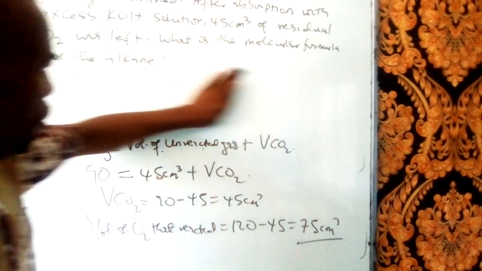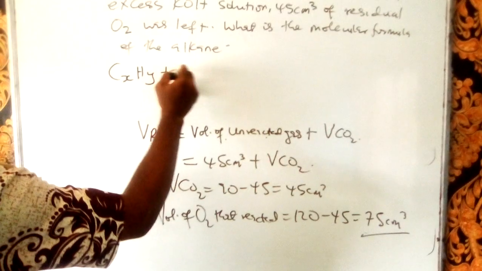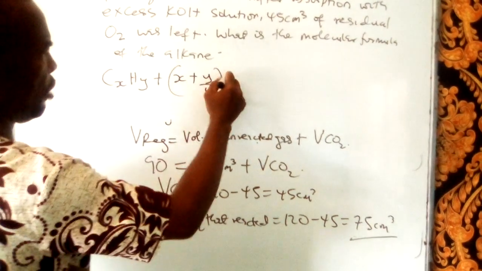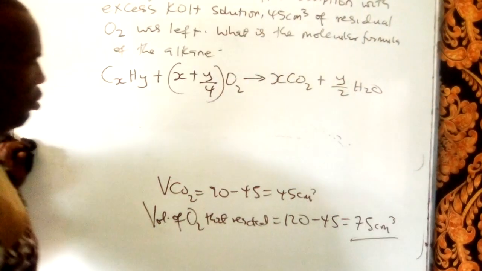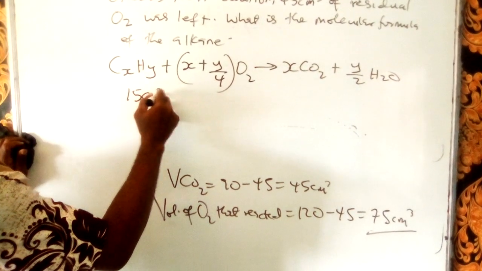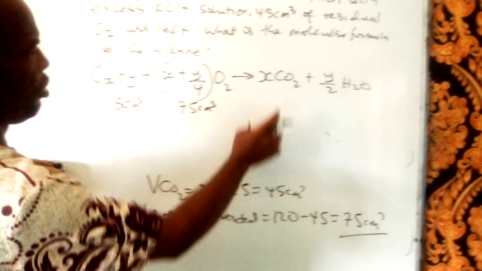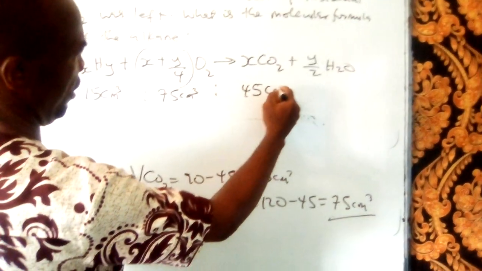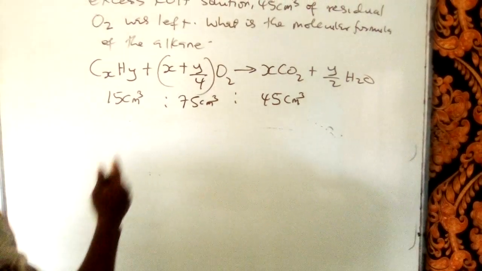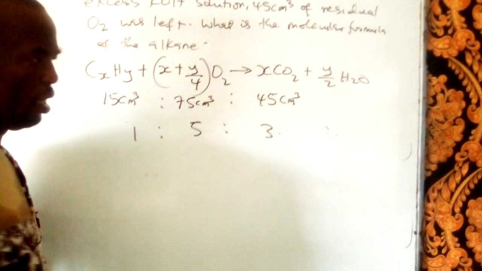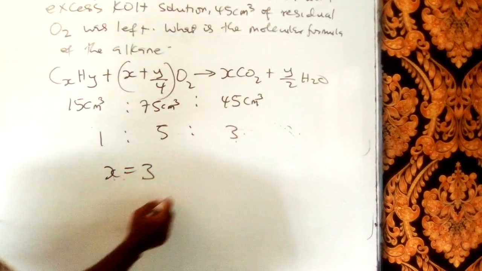What we'll now do is write the combustion equation for hydrocarbons, which I introduced in the previous video. CxHy plus (x plus y over 4) O2 gives xCO2 plus y over 2 H2O. Based on the equation, the hydrocarbon is 15, the oxygen that reacted is 75 cm³, and the volume of CO2 produced is 45 from our analysis earlier. Then you find the ratio of these values by dividing all of them by 15. That gives us 1:5:3. Then equating coefficients, x is equivalent to 3, so x is 3. Then x plus y